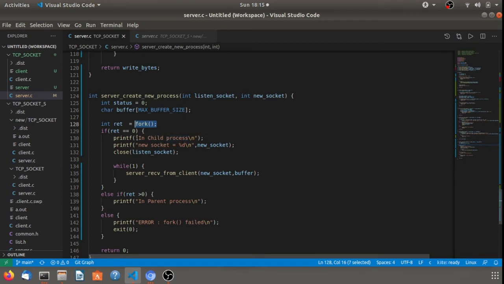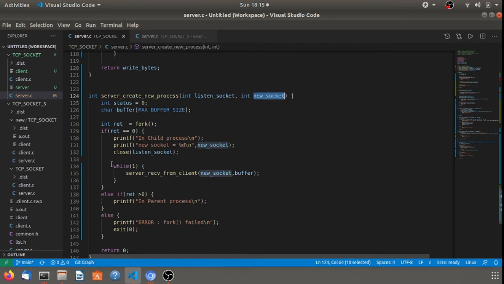You can check it out, but the main point here is if it returns 0, then it should be in the child process. So we are printing in child process, then the new socket FD that we get from here, and then we close the listen socket, because once we get into the child process, we don't need this listen socket, because the new socket has already been created, and the client is listening and sending the data on the same new socket.